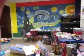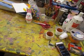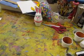So I'm gonna go ahead and get started, and so I'm gonna just turn the camera. Sorry about my messy art room. There we go. Perfect. Okay,